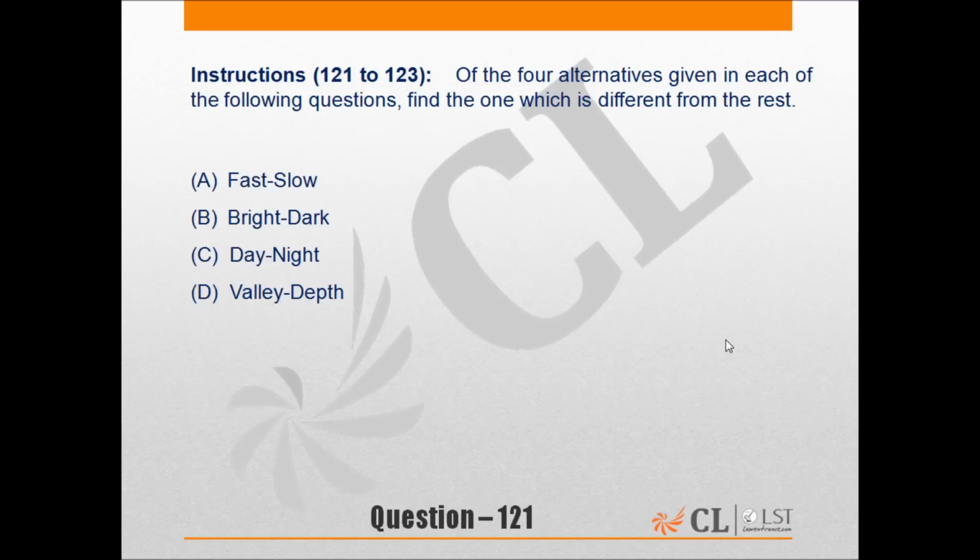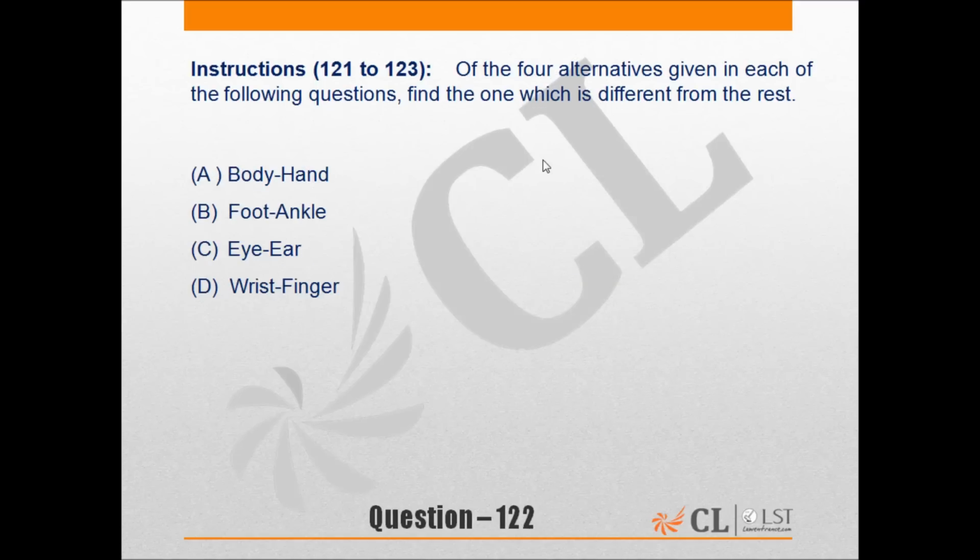Now, questions 121 to 123. 3 questions. Here 4 word pairs are given to us and we have to identify which of them is different from the rest. Find the one which is different from the rest. This is what the question is asking us to do. Now, for this type of question, the right approach here would be as you read each option,